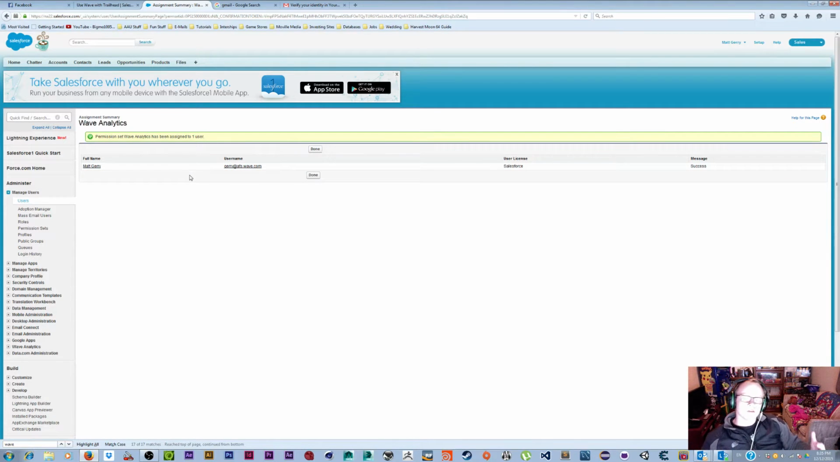Now if you do this in reverse, right, and you try to assign the permission set to yourself that we just made prior to doing those licenses that we did, then you're going to get a whole bunch of errors here, and this is not going to say success. You're going to get like 15 errors. Anyway,